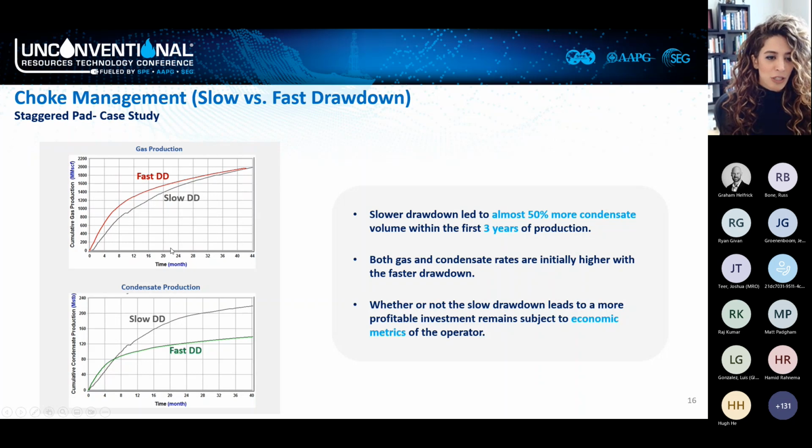So let's look at this plot here that is showing the gas production for wells S1 and S2, or the fast drawdown and slow drawdown wells. In red, I'm showing the fast drawdown well, which was well S2, and in gray, I'm showing the gas production with time for the slow drawdown well. So we can observe that the fast drawdown, very naturally with its high size choke, will have a steep production,